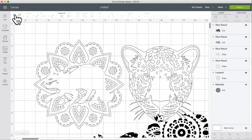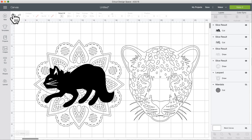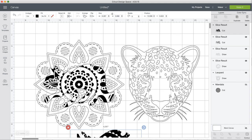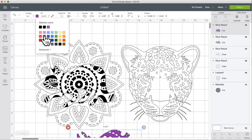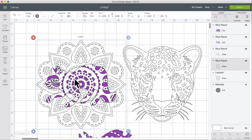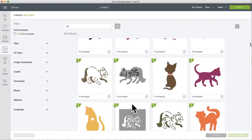So it depends. We're learning something new, guys. It depends on the image you're using. That leopard was not a good image. Although, look, that looks pretty cool. You can put that down in vinyl, the cutout part. We could color that. Let's just say, oh, wrong guy. Purple. That looks kind of cool. But it depends on,